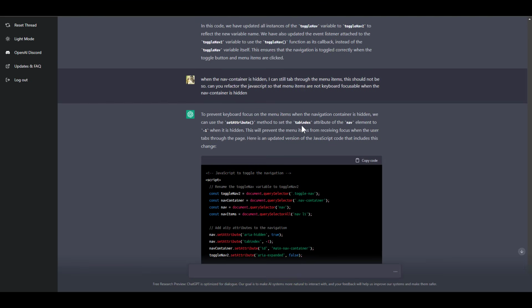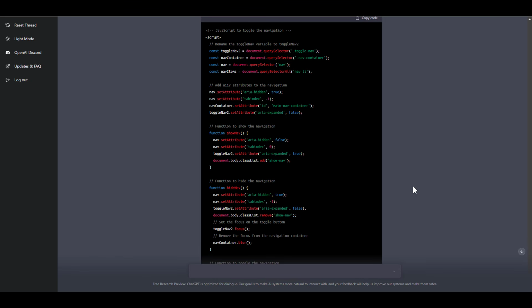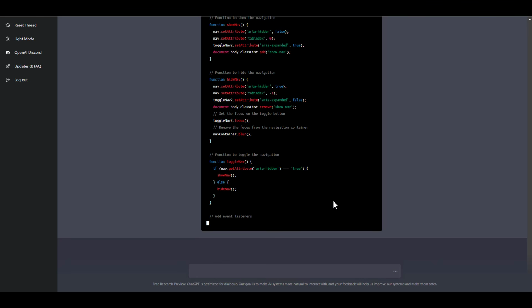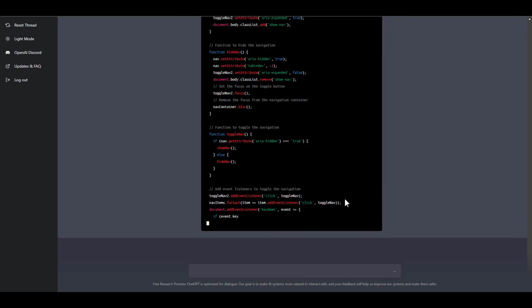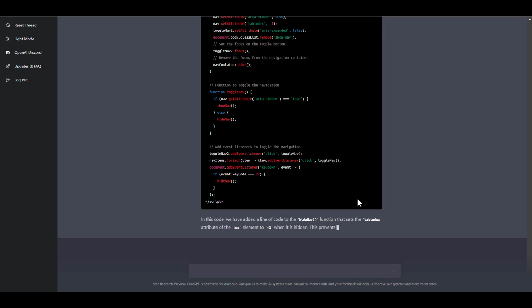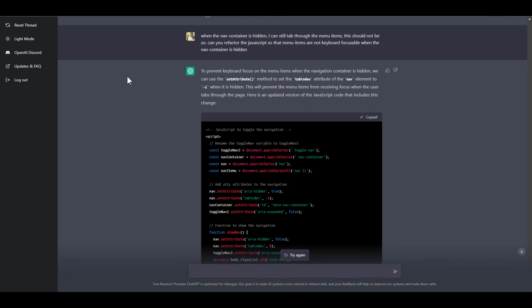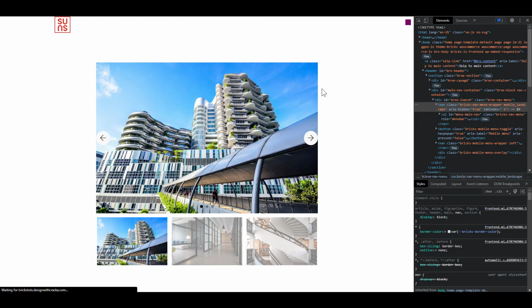Yeah, it already did that. It says set the tab attribute of the nav elements to -1. Yeah, but that is what it did before. That's exactly what it did before. And yeah, that is actually correct. So I'm just gonna copy that in case there's any minor changes there. Okay. Nothing really. So I'm just gonna save that and then refresh here,